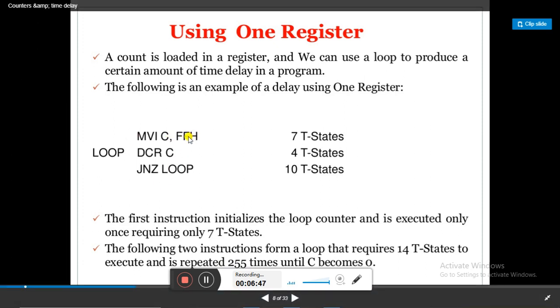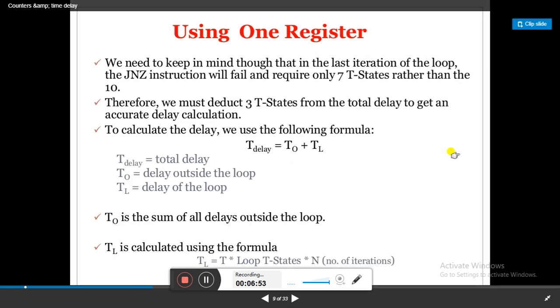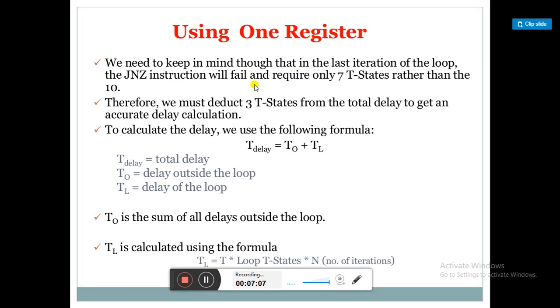That's why we have taken FF here. Using one register, we need to keep in mind that in the last iteration of the loop, the JNZ instruction will fail. At that time, it takes only 7 states, whereas at other times it takes 10 states. Therefore, we must deduct 3 states from the total time delay to get an accurate delay calculation.